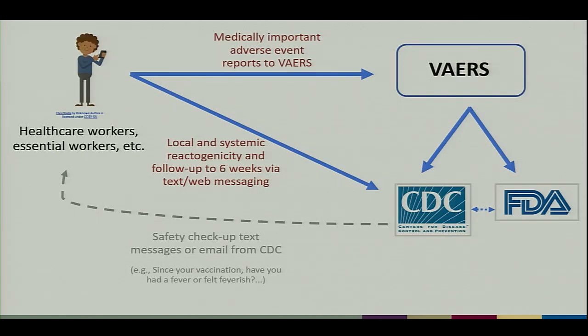I just want to outline our current plan to conduct smartphone-based monitoring in early recipients of COVID vaccine. And again, this is in the scenario where there may be limited amounts of vaccine doses available, and those would be prioritized or delivered to certain workers like healthcare workers and other essential workers. So CDC currently is establishing a program to identify these potential early recipients of vaccine and to register them in anticipation of scheduling vaccination, getting vaccination, and communicating with them during vaccination, such as reminder recall. We plan to